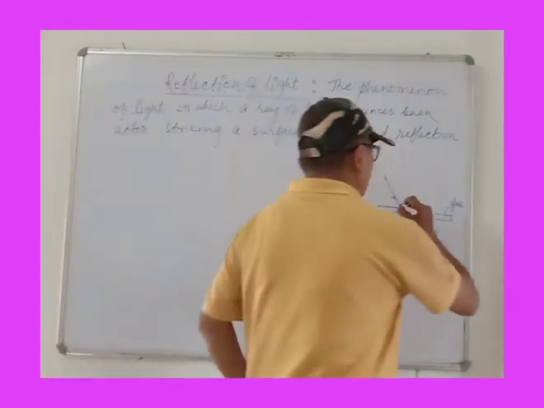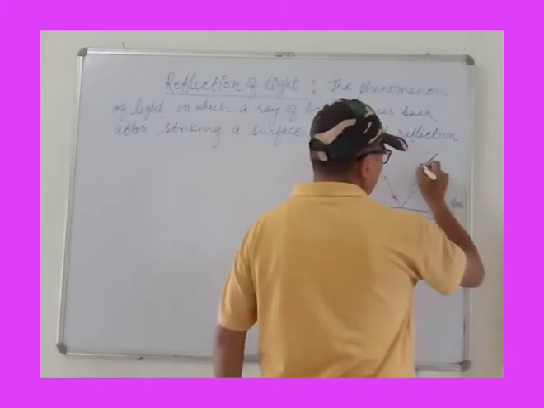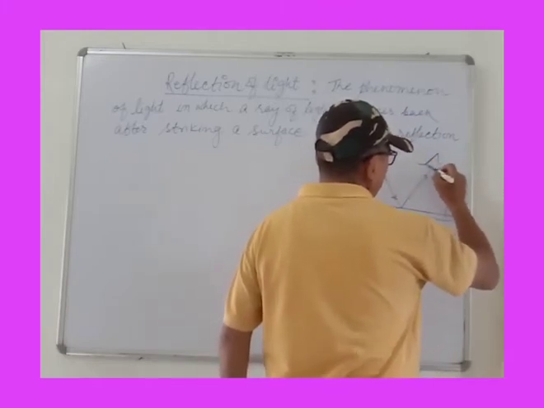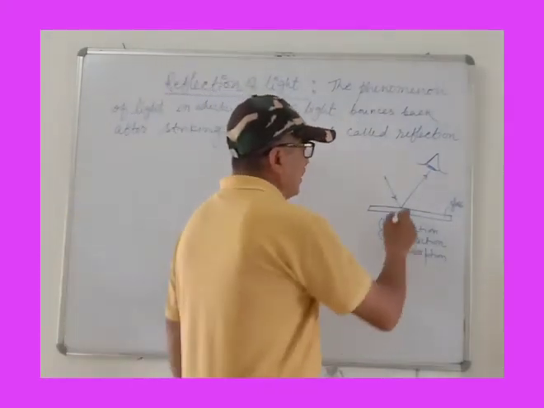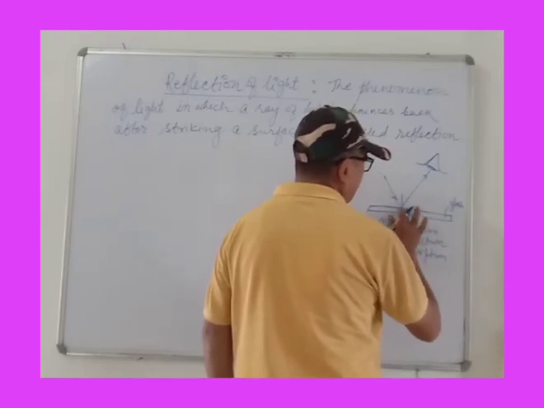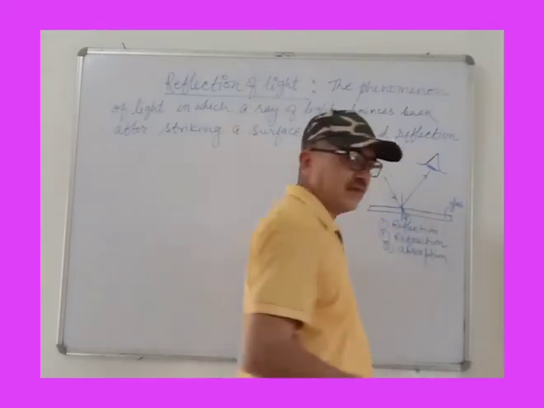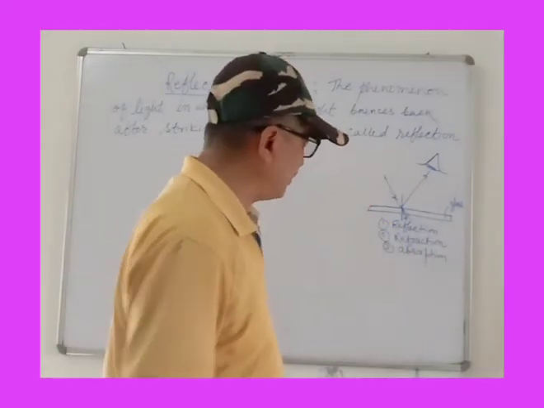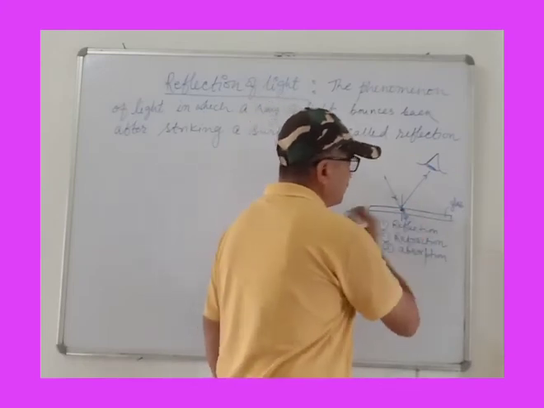Reflection, a part of light gets reflected, so we can see the glass. And some part gets refracted in this direction. Refracted, it will change the path, that we will see later in the later part of the chapter. Some part gets refracted and some part gets absorbed